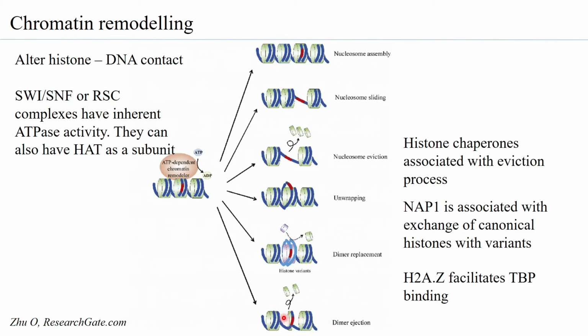You can also have just a dimer getting ejected. So you may not have a complete nucleosome being ejected, but only a dimer. So when a dimer is ejected from an octamer, even if a single dimer is ejected, again there is room for the DNA to now remain unbound. And if the promoter region is present exactly at that point, then the accessibility of any transcription factor to that region may have increased. So that's how chromatin remodeling is playing an important role again in transcription initiation.